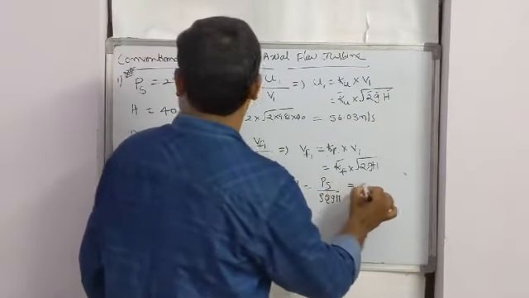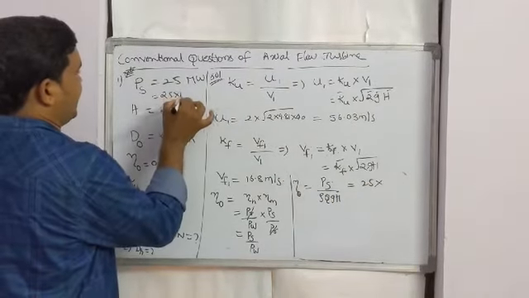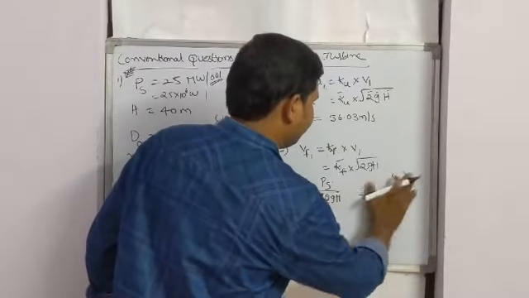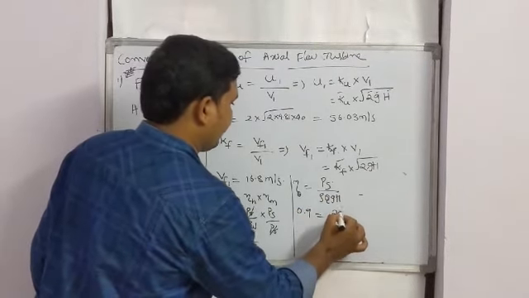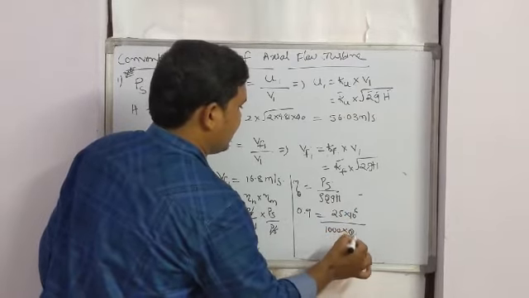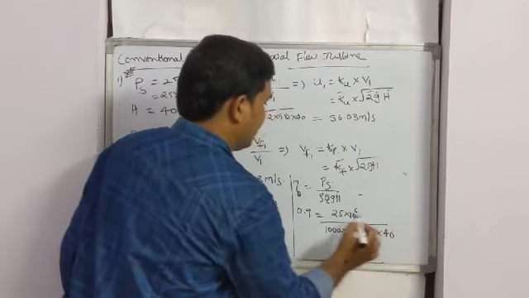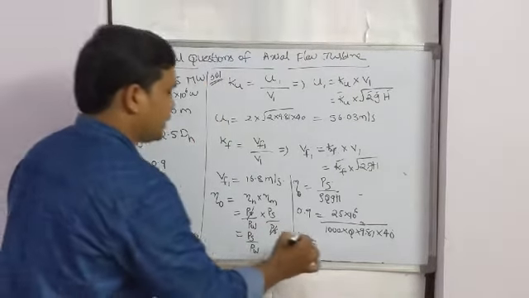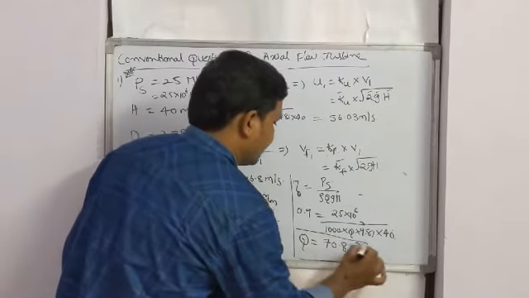Therefore, shaft power given as 25 megawatt is nothing but 25 into 10 to the power of 6 watt. Overall efficiency is given as 0.9 and shaft power is 25 into 10 to the power of 6. Rho is the density of water, 1000; Q is not given; acceleration due to gravity G is 9.81; head is given as 40. By substituting all of these we get Q equal to 70.8 meter cube per second.